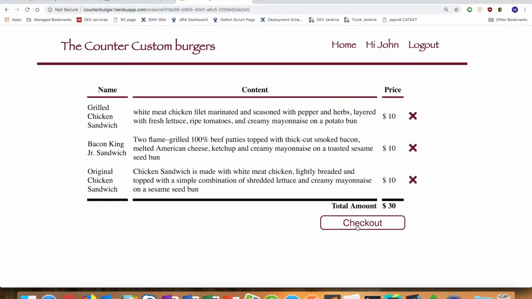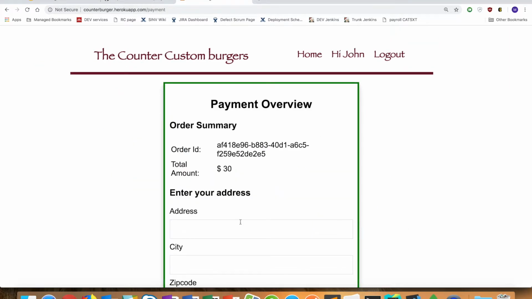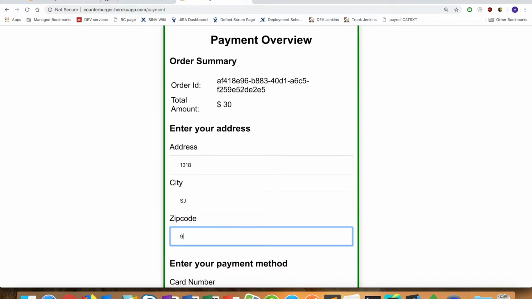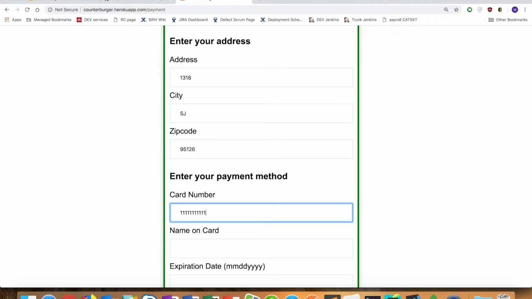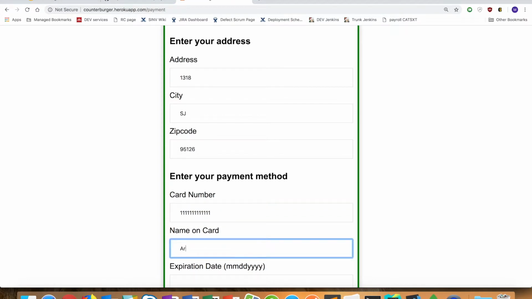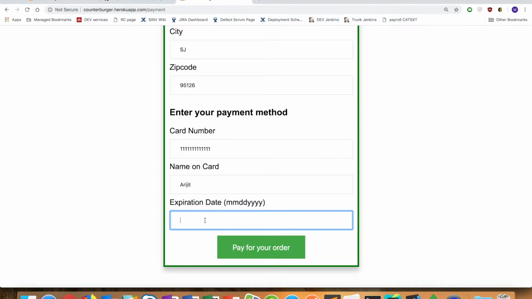We check out for doing the payment, and we'll see that the user is logged in. So we enter our details. After entering the details, we are going to proceed for the payment. Now we click on payments and proceed for it. But as our payment application microservice is down, we won't be able to process the payment, and we'll get